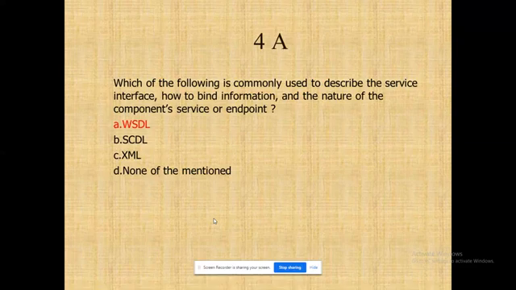How are we describing the service interface? How I am describing the service interface is nothing but the service access point. How am I defining the service access point? What is the service access point for the internet on my mobile? That icon, right? You could have some icon for accessing the internet, mobile data.